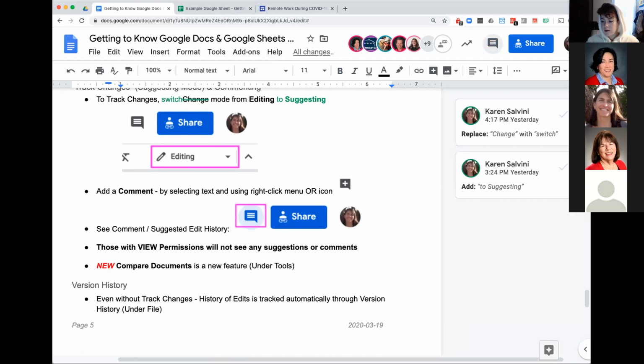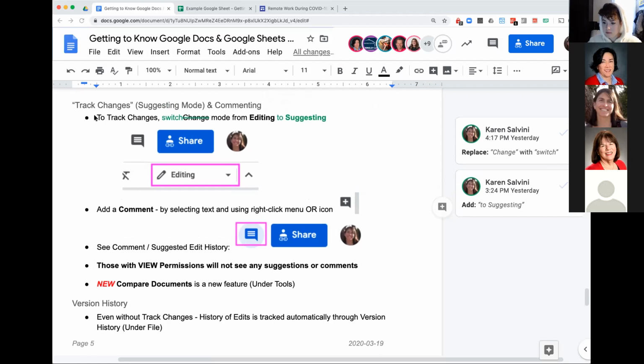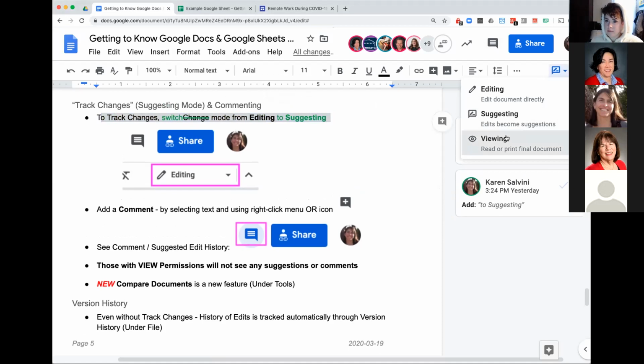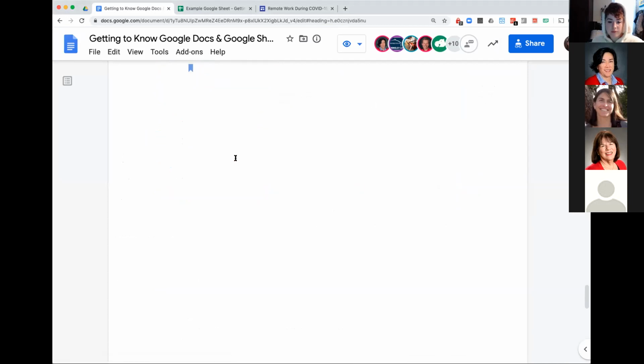Yeah, so let's say I have the document, I started it, everybody's made their changes and edits. Can I see the original document versus the edited final version? Yes. Let me answer that. Thank you, Andrea, for reposting the link to the documents I'm working on. So if you want to see what it's going to look like to get rid of all of these suggested comments, watch this line right here. This is what's going to change. I'm going to go from suggested to viewing mode, and then it takes me to the top of the document. That's what the table of contents is for.